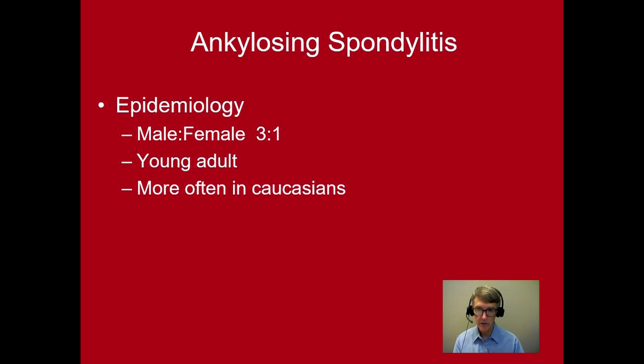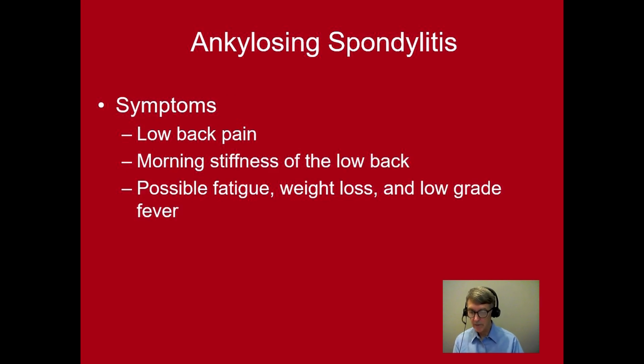But when questioned, one can find a history of symptoms and problems dating back into the teens and 20s. And again, this tends to hit Caucasians more than other ethnic populations. Symptomatically, they have low back pain. This is generalized and insidious, and it's an inflammatory back pain, and we'll talk about that in a minute. There's morning stiffness of the low back, such as we discussed morning stiffness of the peripheral joints in rheumatoid arthritis. We see morning stiffness of the low back, and it can be associated with constitutional manifestations such as weight loss,